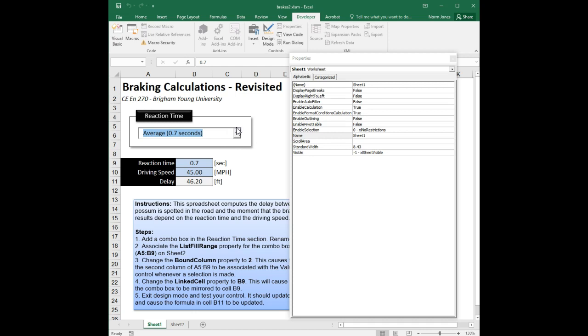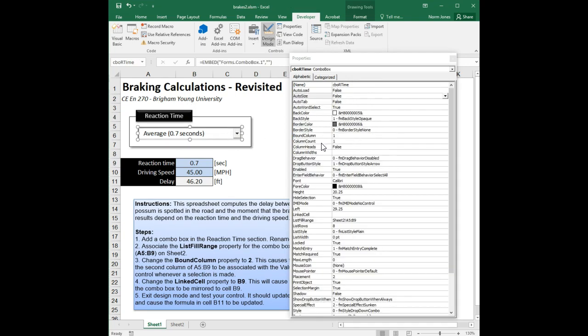Now, as you may recall, what we want to have happen is we want this combo box to be linked to cell B9, so that whatever option is selected here is echoed to B9. Now we've got to be careful how we do that. For example, if I go up here and go into design mode, and if I go down here and for my linked cell, I put B9,